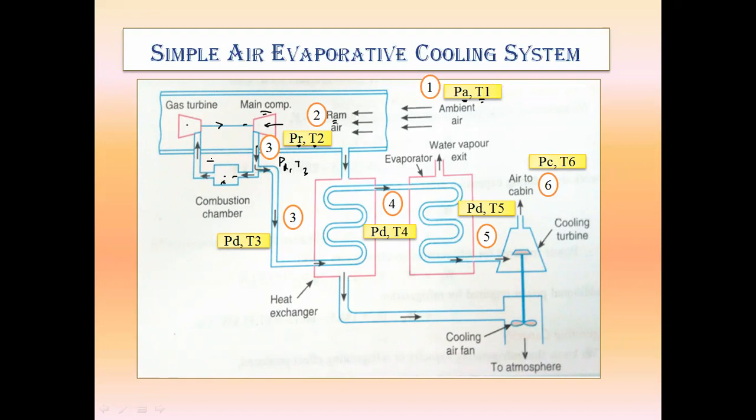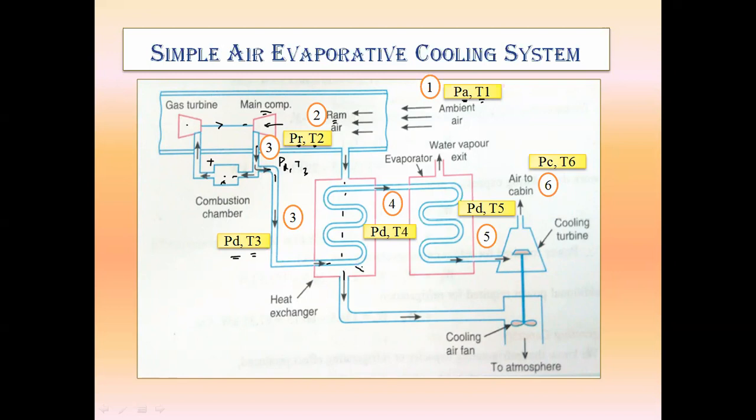So we are not going to consider this as a thermodynamic process. Now whatever remaining portion of compressed air will be there, that will be supplied to the heat exchanger. So inlet for that heat exchanger is nothing but delivery pressure, temperature T3. So that higher pressure air or delivery pressure air will reject the heat to the ram air. Here the cooling medium used is ram air. So over this point, ram air will pass.